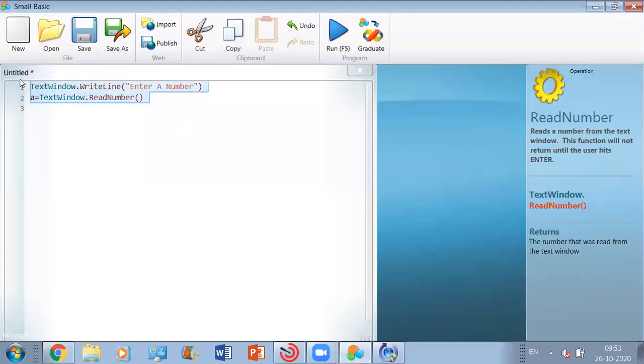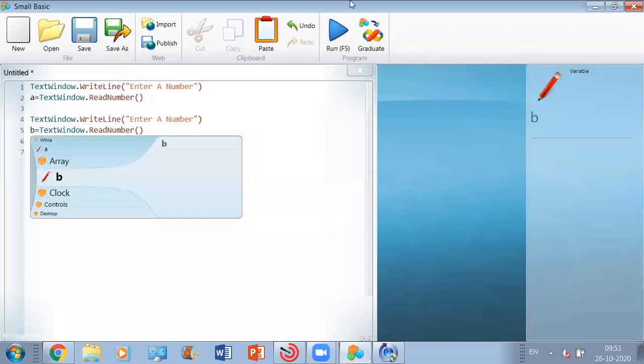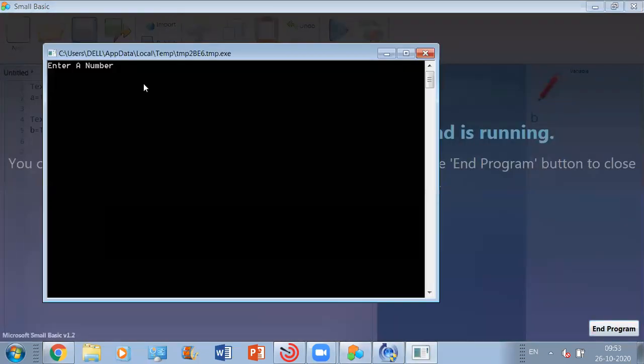Okay, likewise if you will copy these 2 lines of code and you will paste it here, अगर मैं दोबारा से पेस्ट कर देता हूँ और यहाँ पे एंटर अ नंबर और दूसरा नंबर मैं B के अंदर स्टोर कर देता हूँ। Now tell me, let's enter a number 45, फिर दूसरा नंबर एंटर करा 56। Now what is the value of A? Can anyone tell me what is the value of A? Sir, 45. हाँ, जो पहले नंबर एंटर करा। और ये जो 56 है, ये किसकी वैल्यू है? ये दूसरे वेरिएबल की वैल्यू। It is a value that I have assigned to the second variable B.